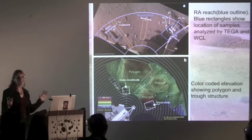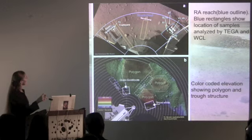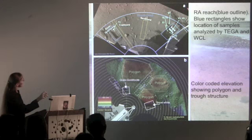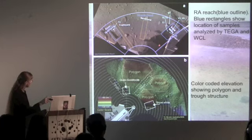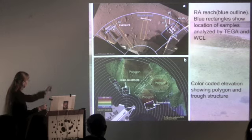And I think that has caused a huge amount of confusion in the science community. But anyway, what happened is all the samples that we acquired we got from Snow White. But if you look at how they come out in terms of the polygonal structure,